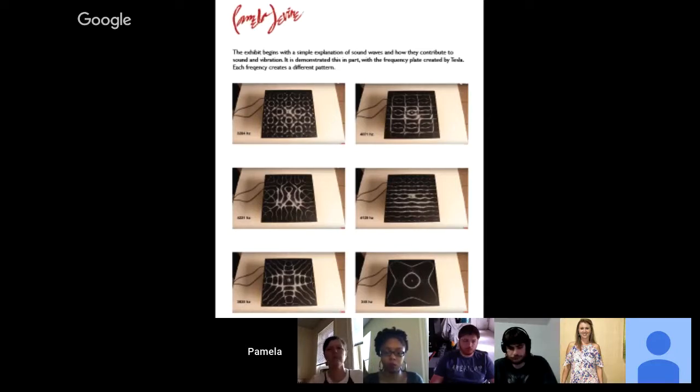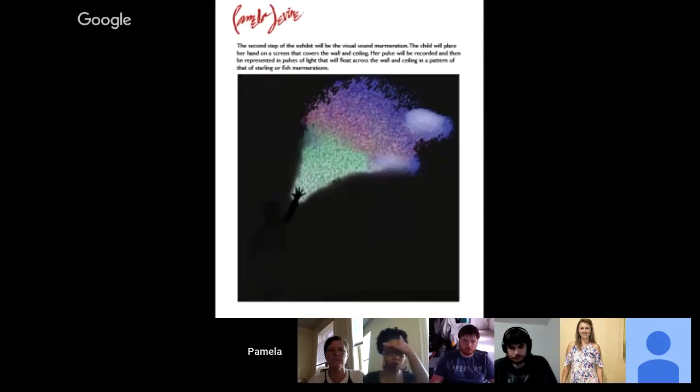And I understand why you put it like this, because you're just trying to work out your ideas. Yeah. But then can you go to the next example? Clearly we can see how they're interacting. The kid is interacting and making this.